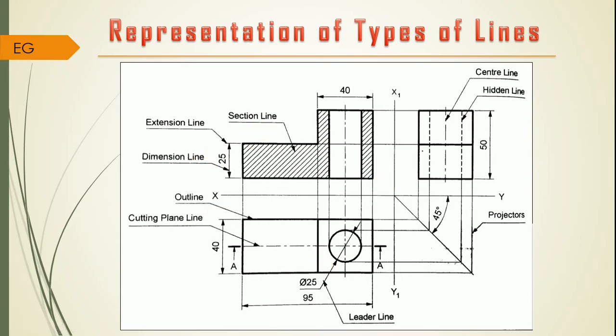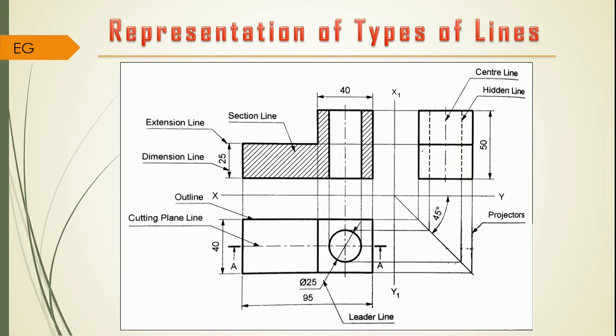Next to it, a dash medium thick line. So here, to represent this hidden part, which is actually the circle or that circular hole in an object, it is represented over here by means of this dash medium thick line. So it is a medium thick line, which means it is with the thickness of 0.3 mm. That line is shown over here in that respective fashion, with a medium thickness of 0.3 mm. So this is the hidden line.